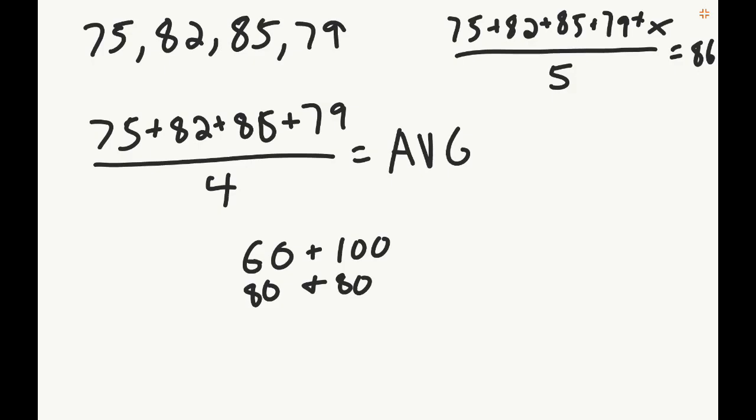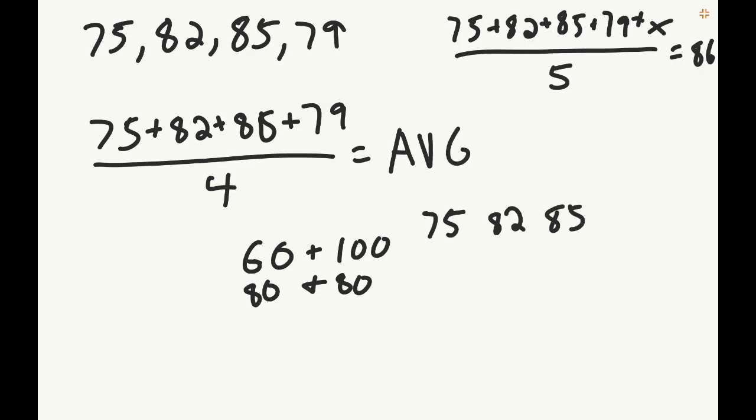So all you have to do is realize where did I lose points relative to what I want? Where did I gain points relative to what I want? And all of this is assuming that the tests are equally weighted. That usually goes unstated in the problem, but they are. If they were differently weighted, we couldn't use this. But so let's look at our 5 exams: 75, 82,